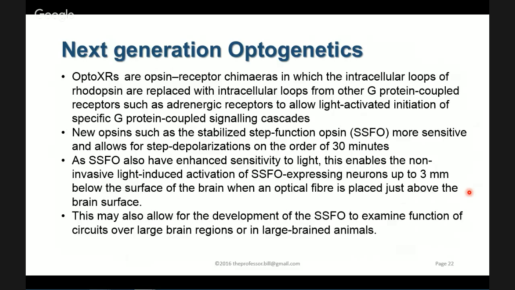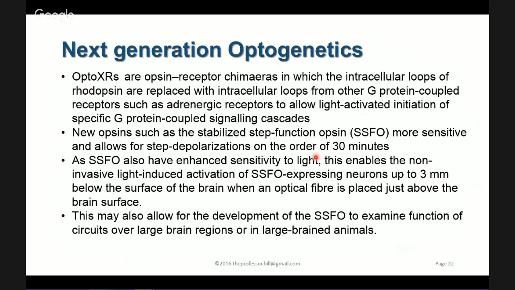Now, this is a really busy slide. What I want you to take away from all of this, because the Opto-XR is actually on the previous diagram, is that this next generation that has already been published involves what is known as the SSFO, or the step function opsins, which have been stabilized. So before, when you had to stimulate for long periods of time, you had to literally have that light on for long periods of time. And what these SSFOs do is, once you flash on that light, these opsins stay active for long periods of time, in some cases up to 30 minutes. So once you activate a cascade, you don't have to keep flashing that light on and off, which might be bad for the neuron. You flash it on once, this opsin stays on for up to 30 minutes